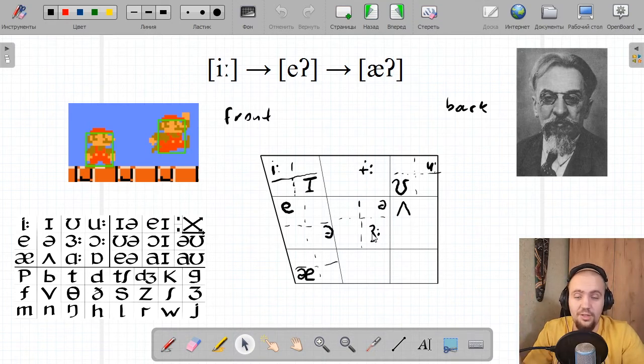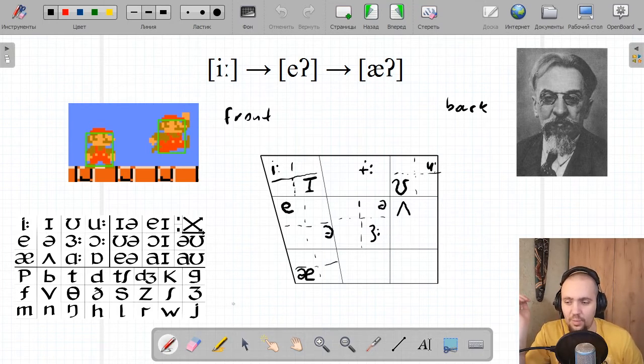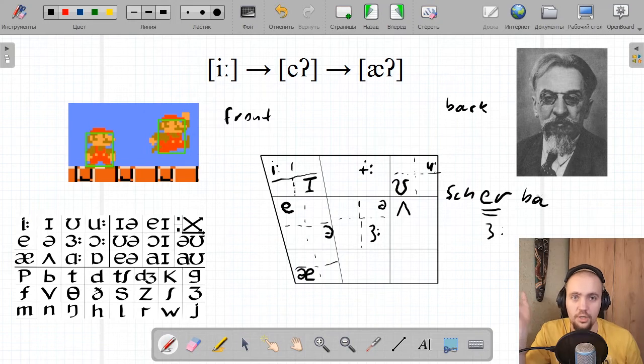For reasons unknown, I would just pronounce the sound because his surname is literally spelled with this er, and I would just pronounce this as Sherber, right? That would be my way of pronouncing his surname,